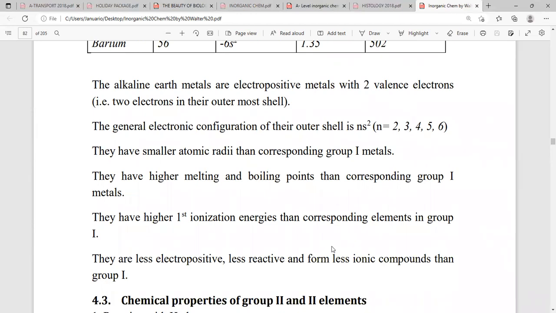Another property is that when you are comparing these group 2 elements with group 1 elements, they also possess higher melting and boiling points because of the ability to contribute 2 electrons to the electron cloud in the formation of metallic bonds. They have higher first ionization energies than corresponding elements in group 1, and they are less electropositive, less reactive, and form less ionic compounds than group 1. So as you are coming from group 1 to group 2, we are having reactivity decreasing